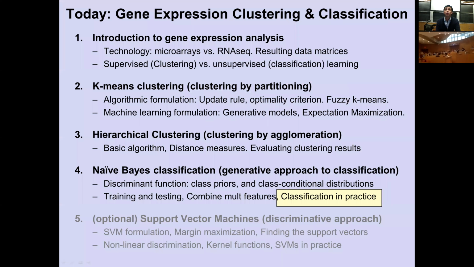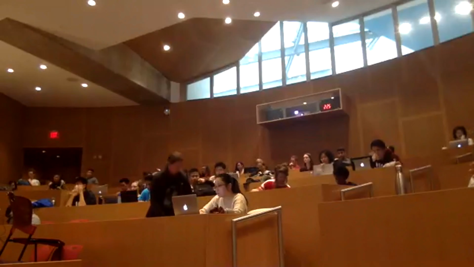Okay. So unfortunately, we're not going to talk about supervised machines, except to say that instead of having a generative model that tries to model each of the distributions, what SVMs are trying to do is simply find a threshold that distinguishes classes from each other, and then you can